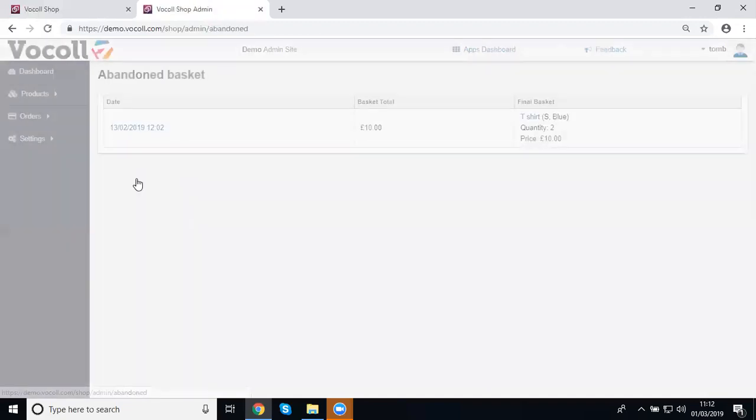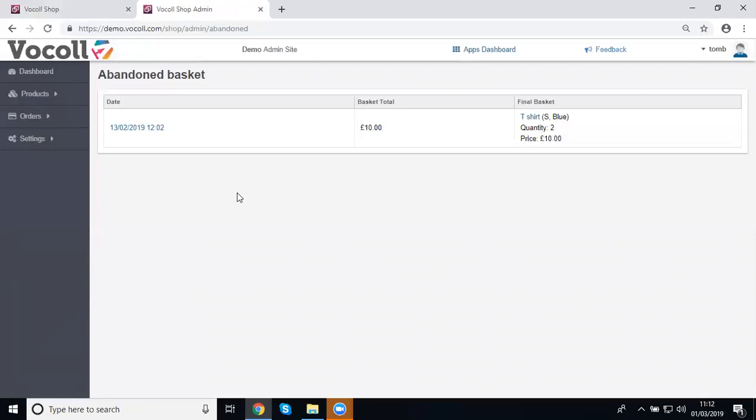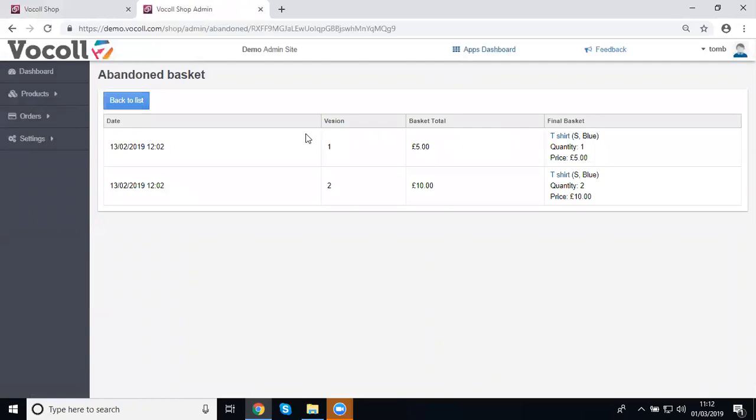Finally, you have the abandoned baskets. This will show you the sessions that have been created and the history of what they've added to the basket. So as you can see from my demo here, I've added 2 t-shirts to my basket that were small and blue. If I click into it to drill into more information, you can see that on the first version, I added 1, and then the second version, I added a second t-shirt. So this will allow you to get all the meta information on what products are being added to basket, but not